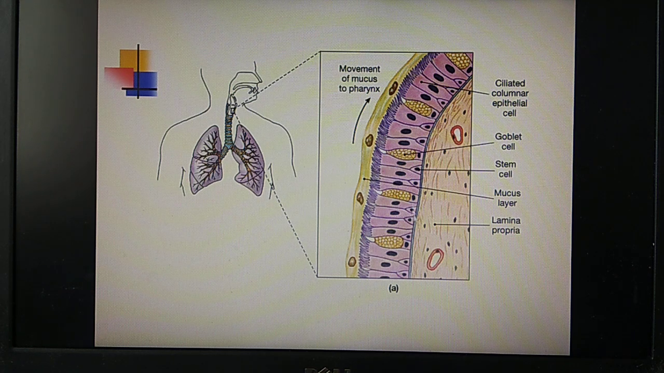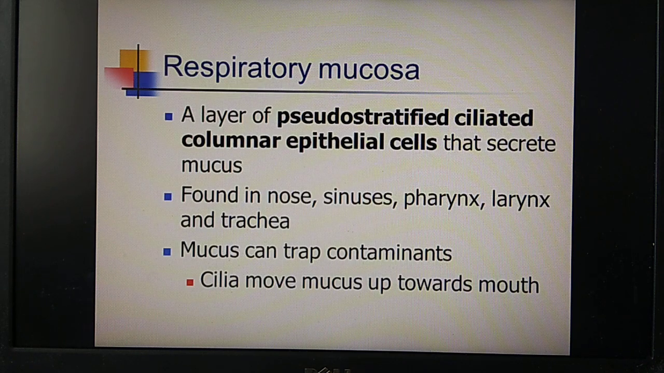And inside the columnar tissue, we can also find some lamina propria. This is helpful for maintaining moisture, as it is the tissue embedded inside. So mucus is most helpful for trapping dust particles and moistening the air which enters the pharynx. And coming to the respiratory mucosa, it consists of pseudostratified ciliated columnar epithelial tissue that secretes the